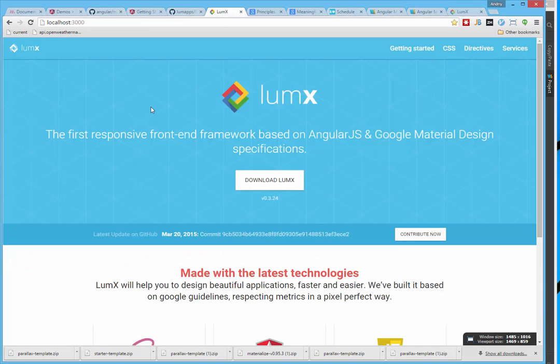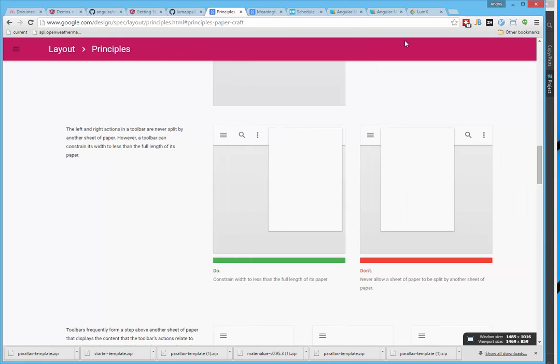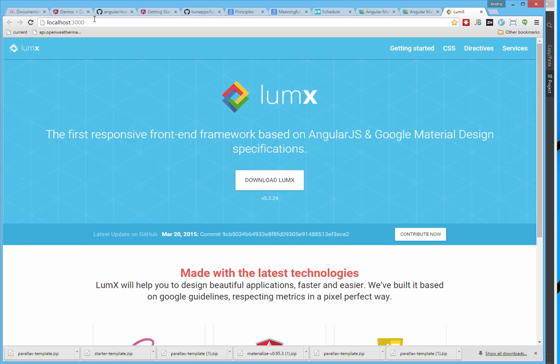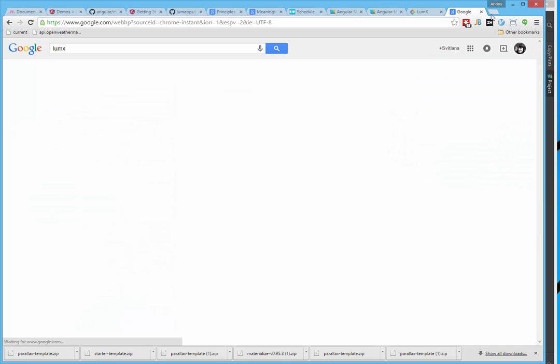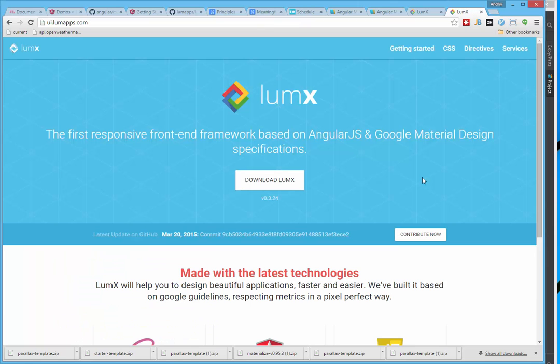Let's find it. Here it is. It's also on localhost, and let's open Lumx. Here it is. Here is this website, and you have the possibility to run the starter